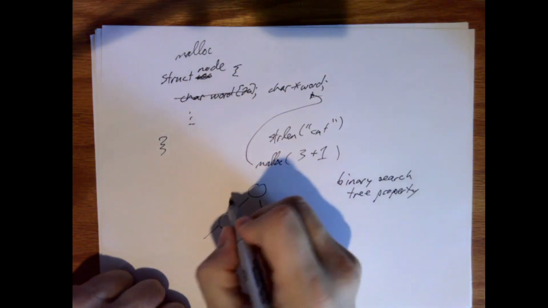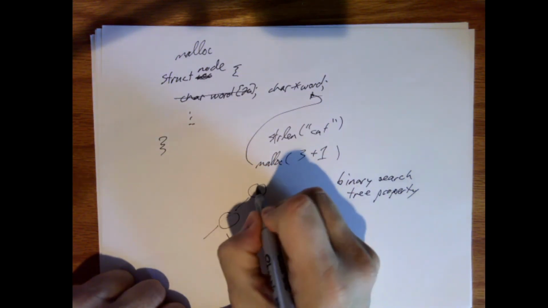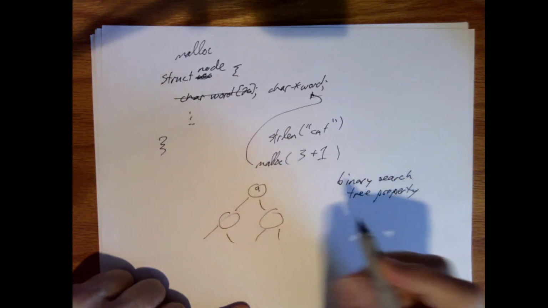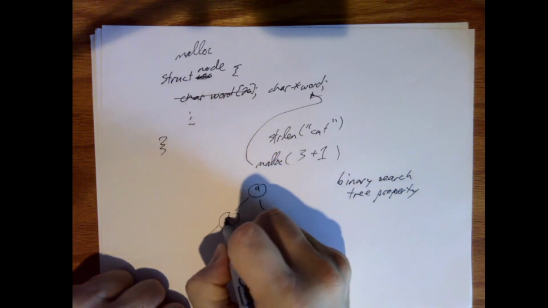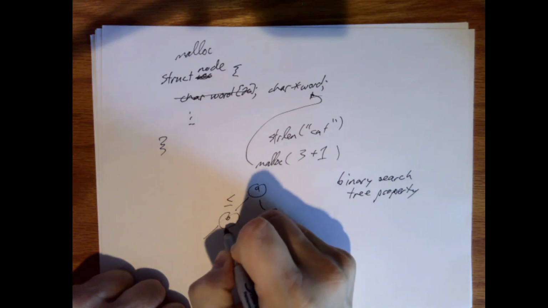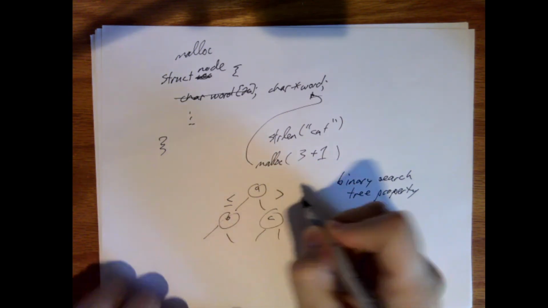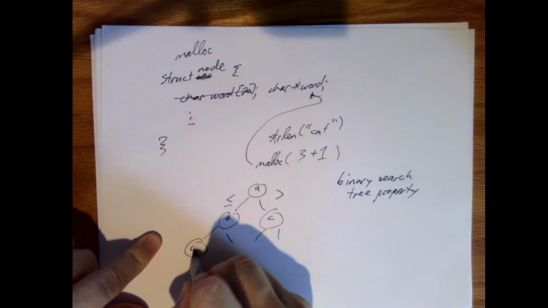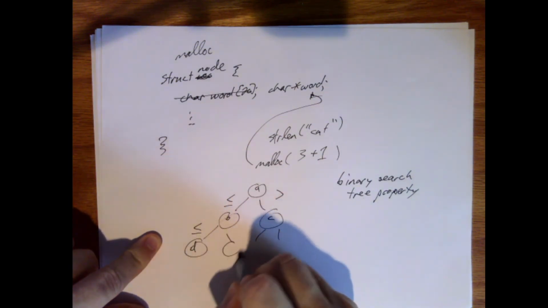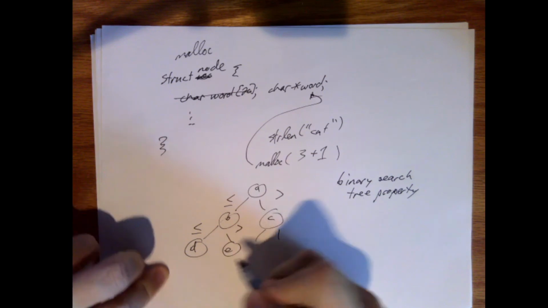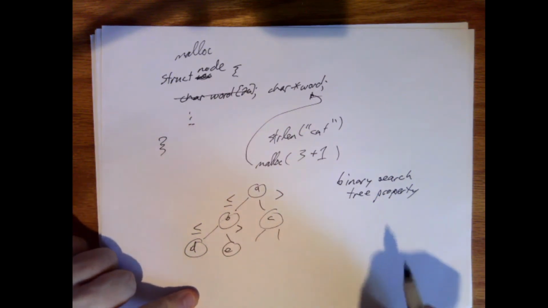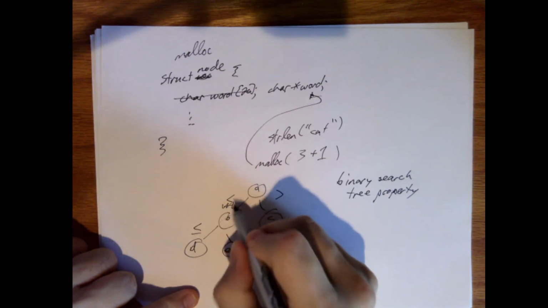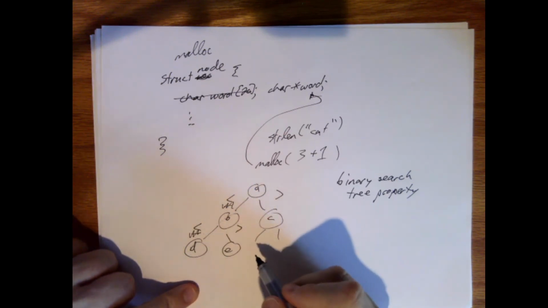If A is here, and this is just some generic name, it's not the actual relationship, then B is less than or equal to A, and C is greater than A. That's the relationship for building the tree. And then if I have D, that's less than or equal to B, and E is greater than B, and so forth. Now for our particular application, I won't have the equals as part of this relationship